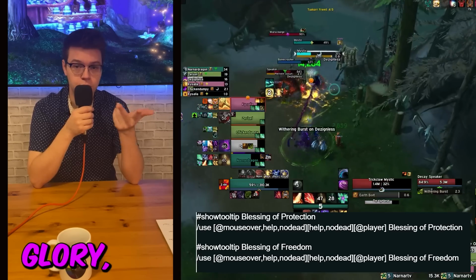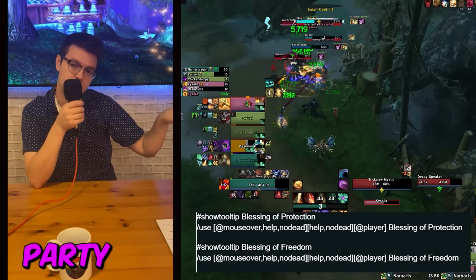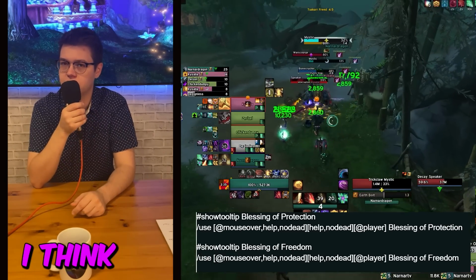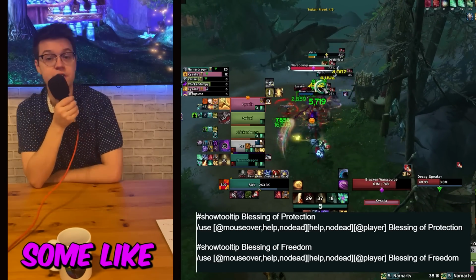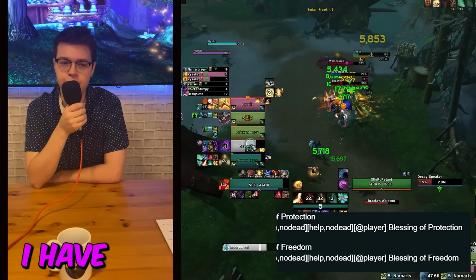Mouse over like Word of Glory, things like that. Anything where you need to mouse over your friendly party or a friendly mob, which really the only friendly mob is Afflicted, I think, that you're going to be mousing over. And then some bonus macros that are kind of niche: on my hunter, I have